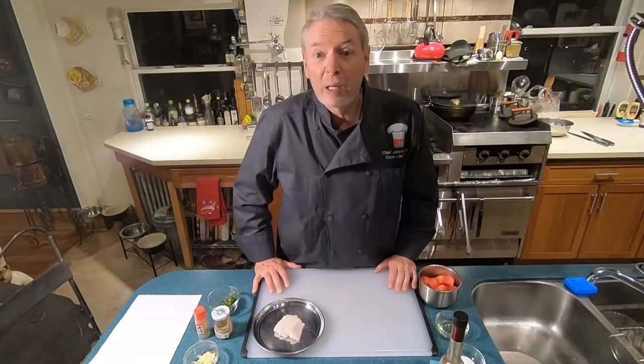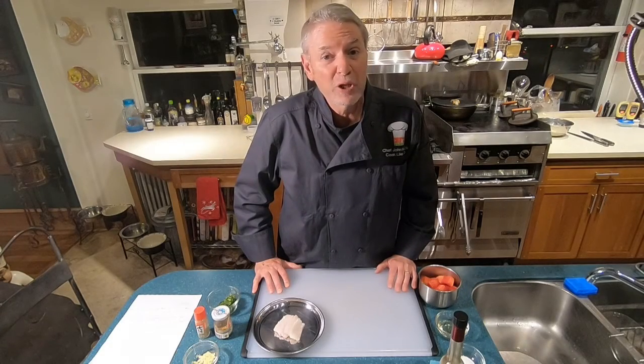Techniques today are cubing watermelon, grating ginger, chopping, vacuum sealing and making a quick pickled watermelon, portioning fish, making a marinade and ceviche, plating, finishing, and garnishing. So let's start cooking. Okay, we're here to talk about the mise en place for lesson 47, which is pickled